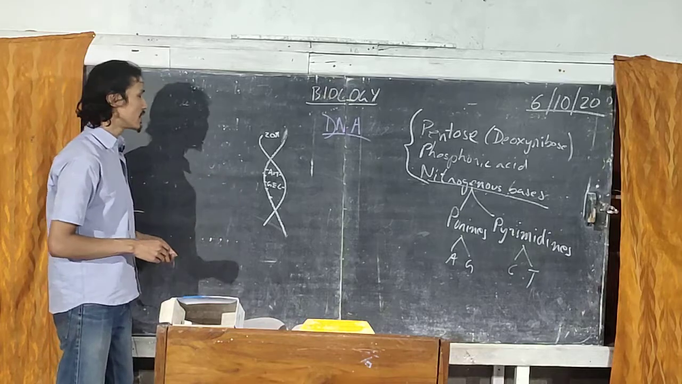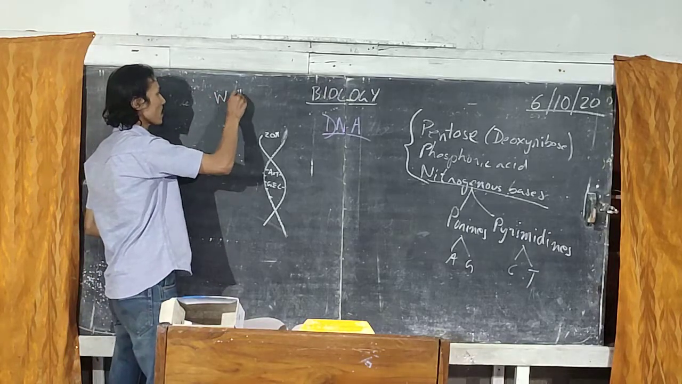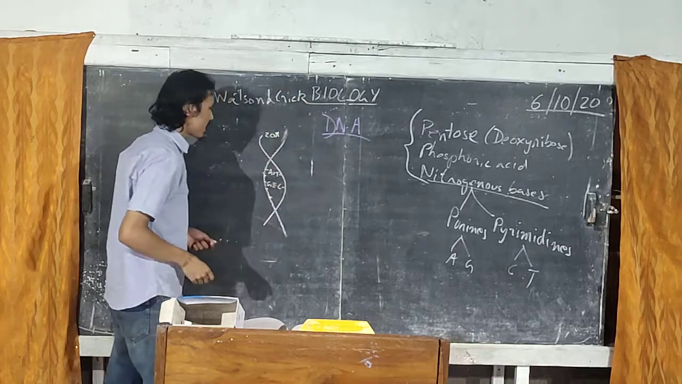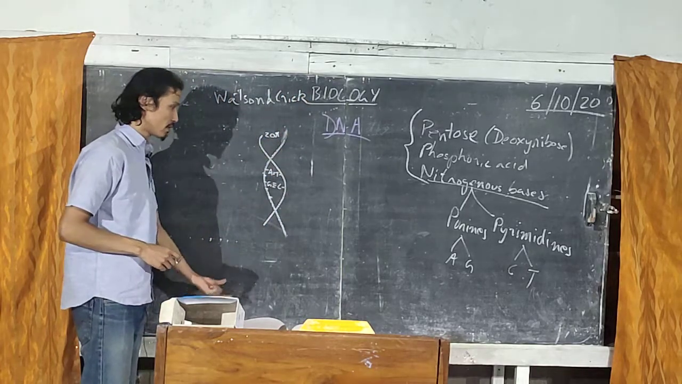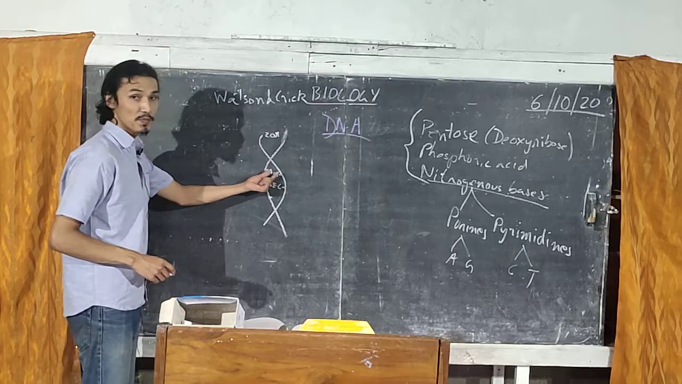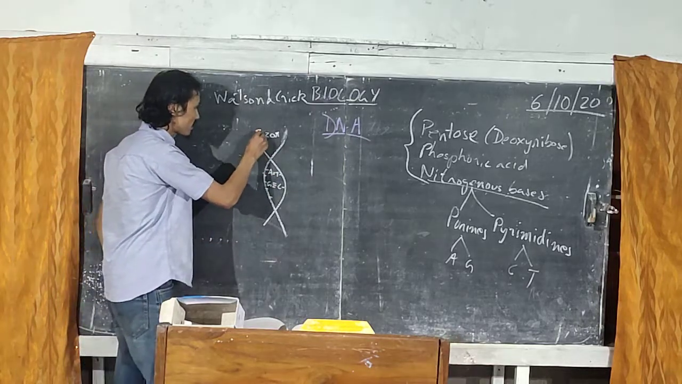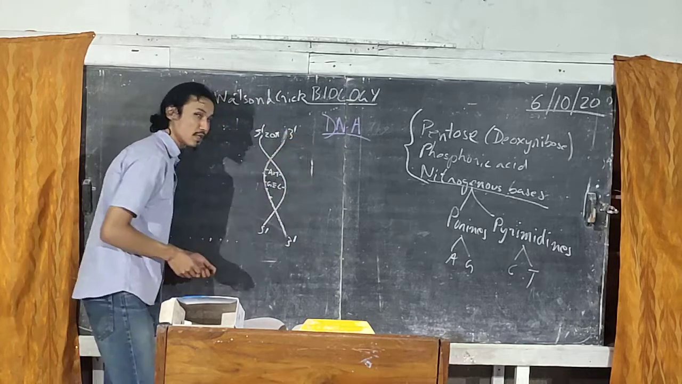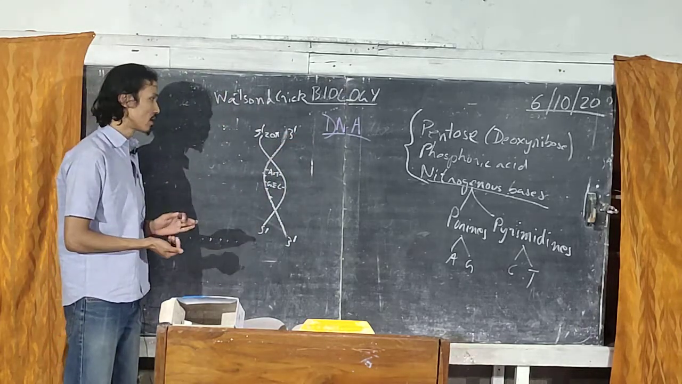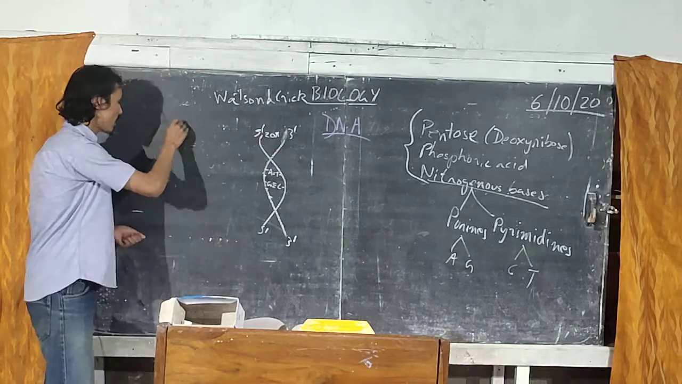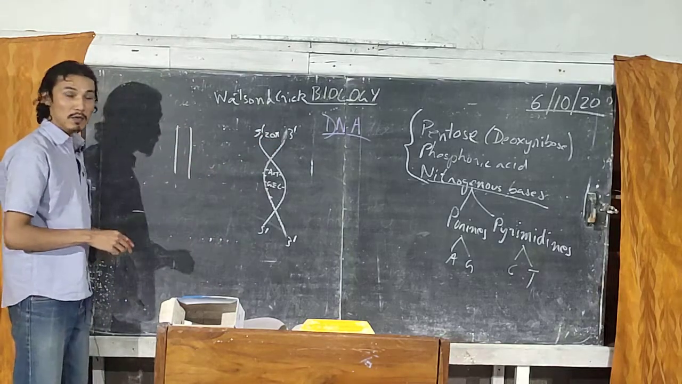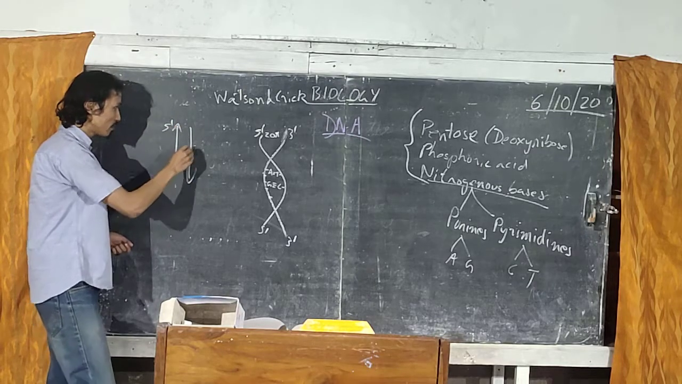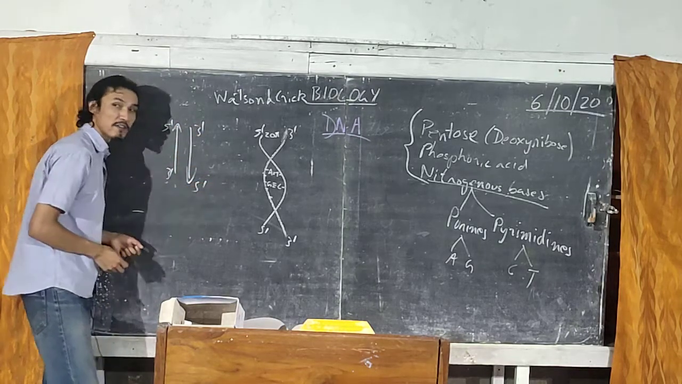This structure of DNA was proposed by Watson and Crick. According to them, DNA is a double helical structure in which the nitrogenous bases are on the inner side and each strand runs in a 5' to 3' direction. Both these strands run in the opposite direction. That means one runs 5' to 3', the other runs 3' to 5', and they are